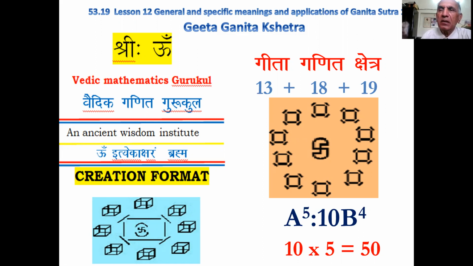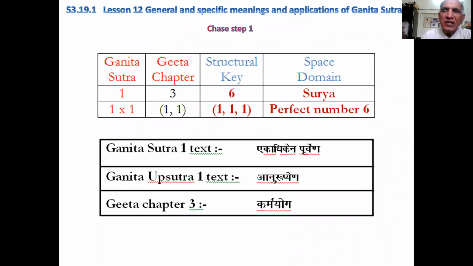We shall visit the text of Ganita Sutra again. The text of Ganita Sutra 1, Ekadhiken Purve, and the text of Ganita Upsutra 1, Anurupe, deserve to be visited time and again, particularly in the background of shaloka 3.3 of Karamyog of Geeta. This text,